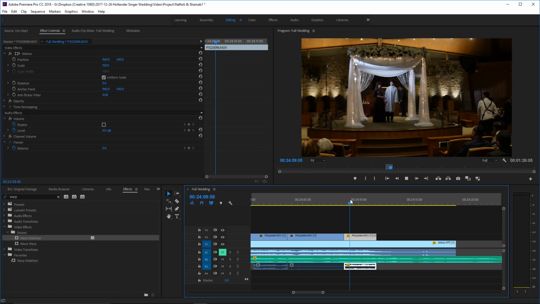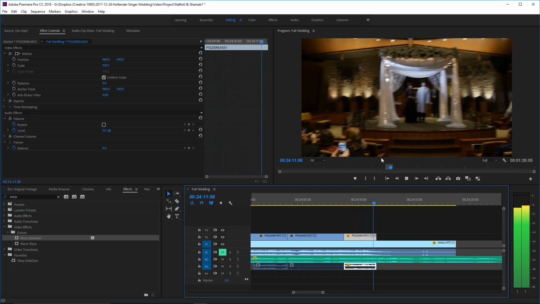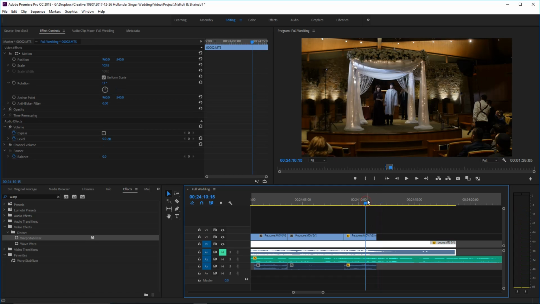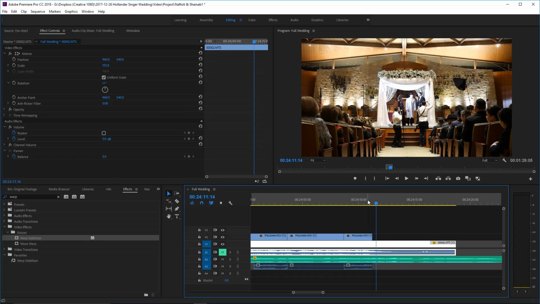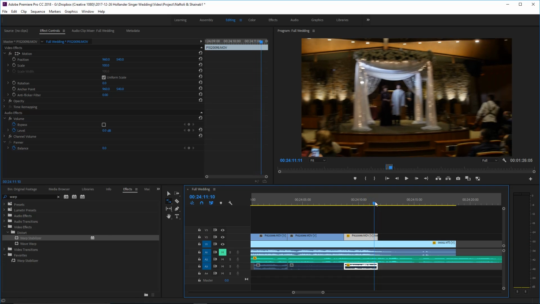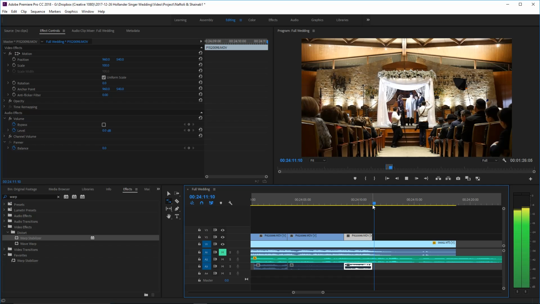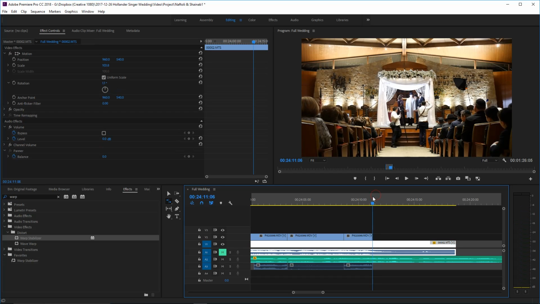Another nice trick that we have is if a clip's a bit too short and we can't extend it, we could actually extend the rate of it, so the rate tool. And as long as you don't mess with it too much, no one will notice that it's actually in slow motion. So the rate tool, just drag that out a little bit.